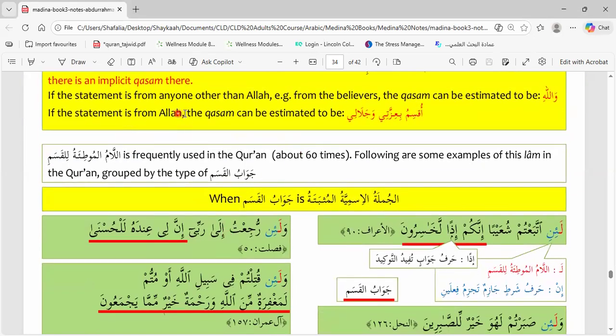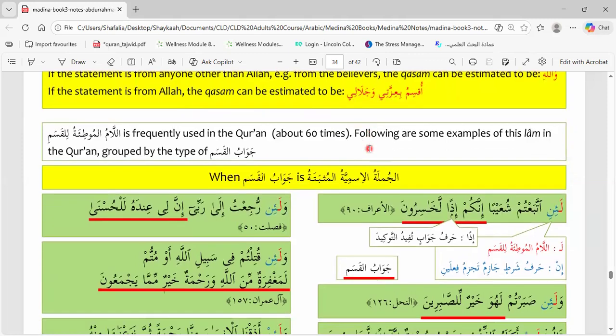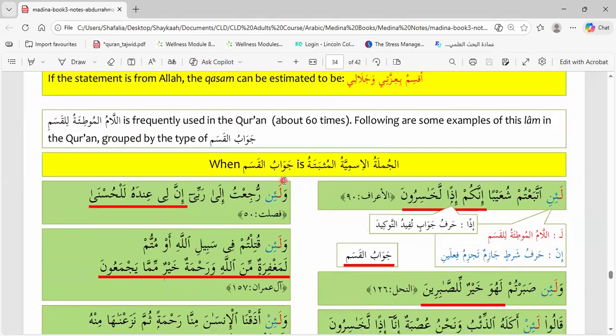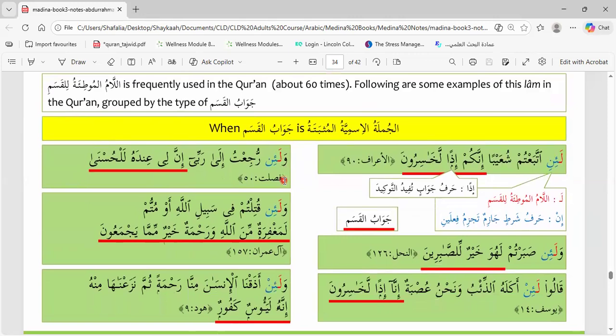If the statement is from anyone other than Allah, the qasam can be estimated to be Wallahi. If the statement is from Allah, the qasam can be estimated to be Uqsimu bi izzati wa jalali. A qasam from the Lord Himself. The lam, which is the qasam, is used frequently in the Quran and it will be grouped with the jawab